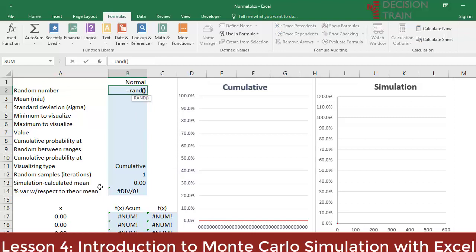It is a volatile function. That is, each time Excel is recalculated, a random number between 0 and 1 will be generated. Notice how each time F9 is pressed to recalculate, a new random number is generated that it is impossible to predict in advance. Each of the numbers generated has exactly the same probability of occurrence.